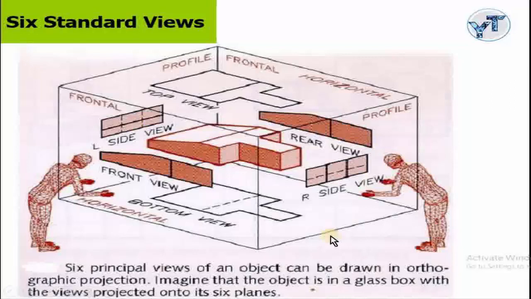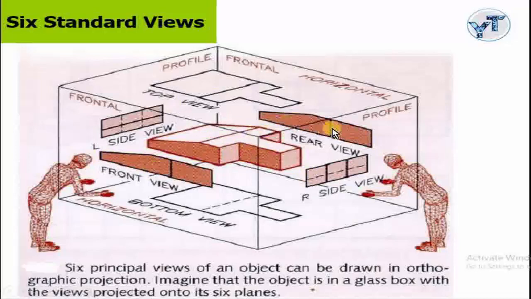So guys, if I have to write these views with first angle projection, what do we have to do? It is just simple. We must satisfy the condition that the object should be in between the observer and the plane of projection. For that, we just have to swap the views. That is, front view should be written on the rear side and rear view should be written on the front side. Top view should be written on the bottom side and bottom view should be written on the top side. Right side view should be written on the left side and left side view should be written on the right side. Then we'll be satisfying the condition that the object is in between the observer and the plane of projection.